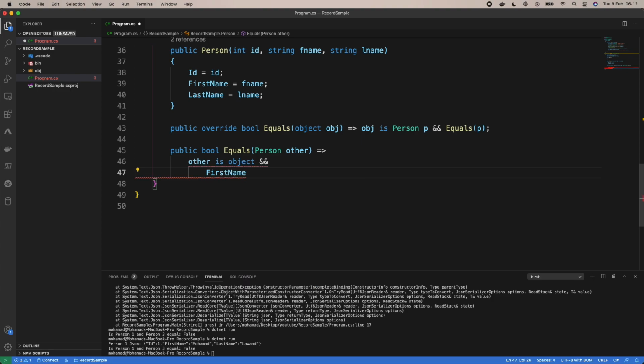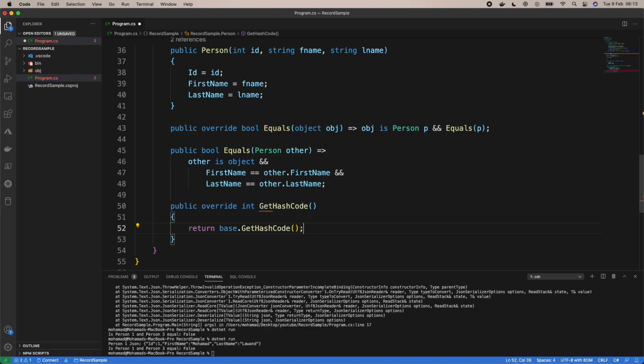So first name equal other dot first name, and last name equal other dot last name. Okay, and then lastly we need to implement the hash code. So public override and GetHashCode,